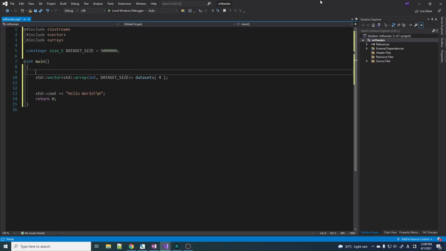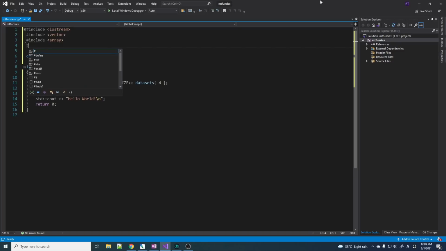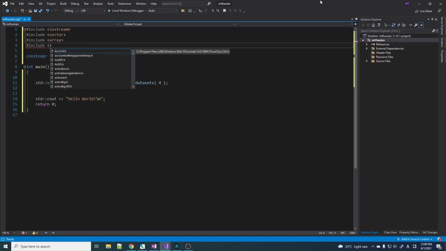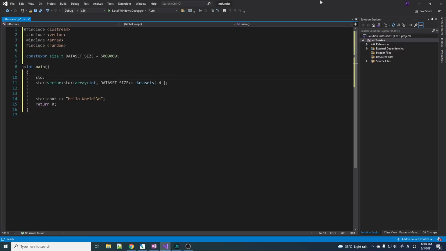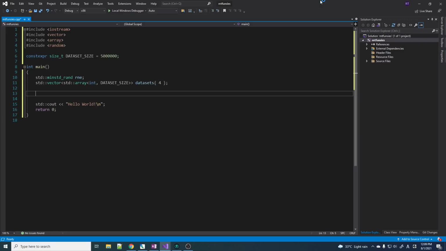Now, I'd like to initialize that to some random numbers just for funsies. It's no fun if they're all the same number like they would possibly be if this were running in debug, where it tends to initialize all your memory to some value. So, random. Okay, now I think a nice fast random engine would be minstd_rand. We'll call this our random number engine. Okay, so now let's initialize all of our data sets, for each auto